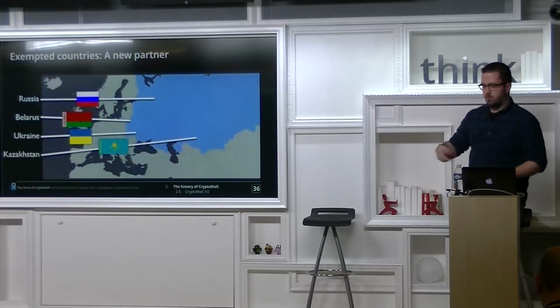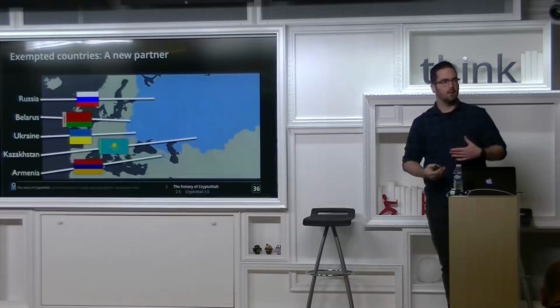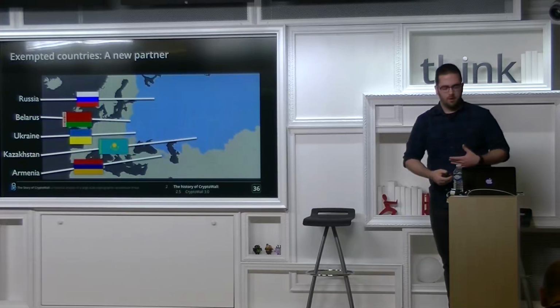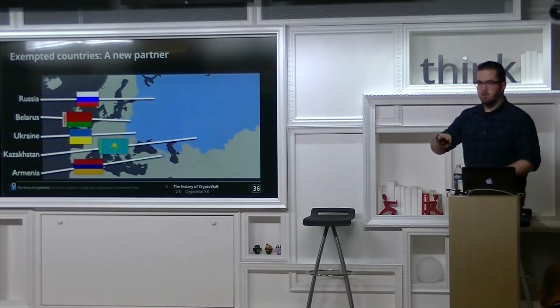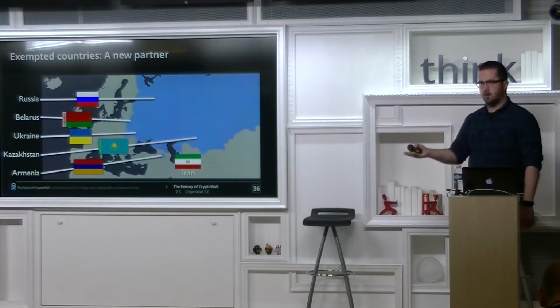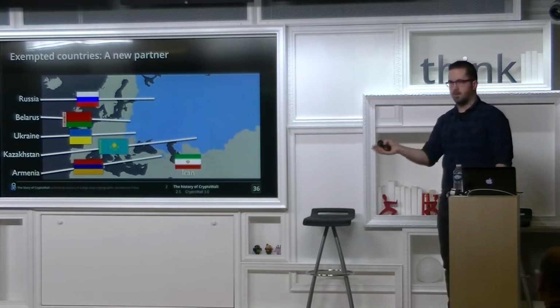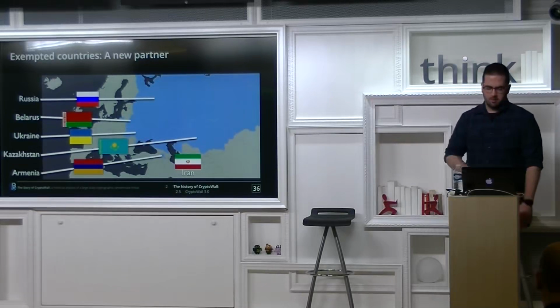They also, maybe they got a new partner, I'm not sure, but they added Armenia to the whitelisting of exempted countries. It was kind of interesting. Maybe they had a new partner which says, I'm not going to spread it and don't want to be having issues in my own country. Could be. And in some versions, they also had Iran in there, but not all versions. I only found a couple of samples that had this kind of whitelisting, so I'm not sure what is going on there.